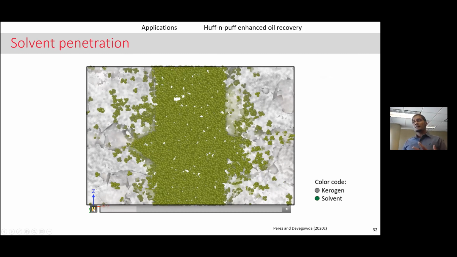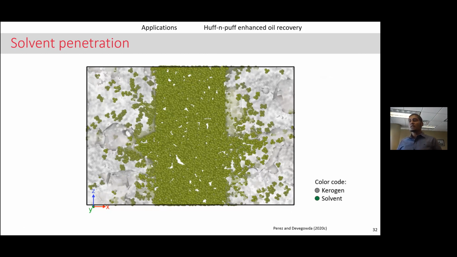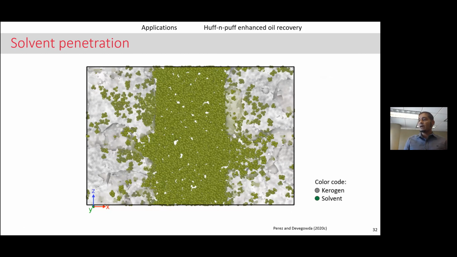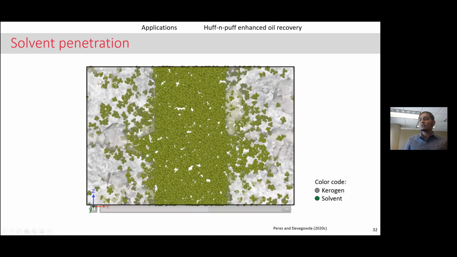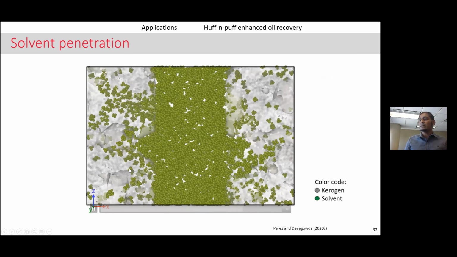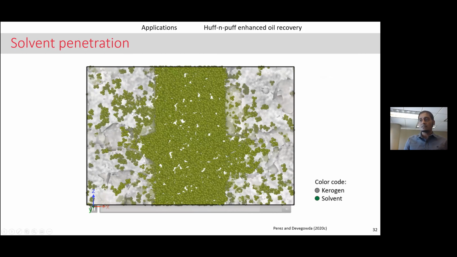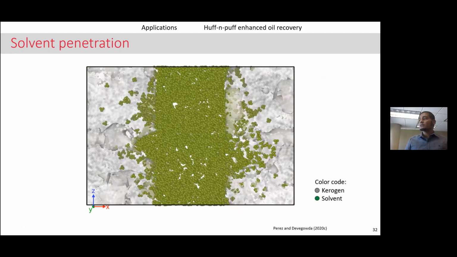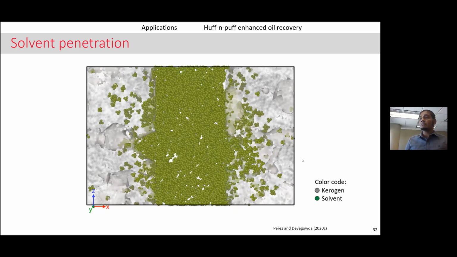And there's really nothing you can see in this video. You can, of course, see the solvent molecules going out into the Kerogen. And if you were to just stop the simulation out here, you can see that most of the density of the solvent is adjacent to the frac phase, or this is where the solvent goes. Very, very few solvent molecules go really, really deep into the reservoir or deep into the model itself. So, well, there's nothing interesting about that.